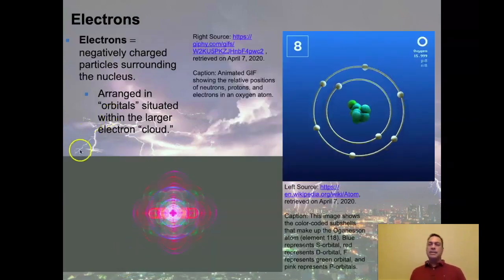All right, so let's get to these things called electrons. Now the electrons are negatively charged particles. They're very, very small. They're surrounding the nucleus. And they basically, we could say they go in orbit, they surround, or they fly around, or however you want to think of it.